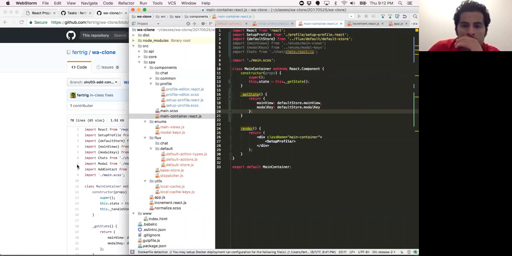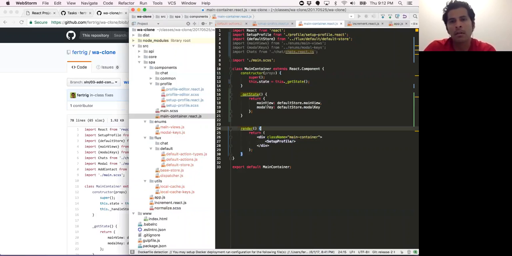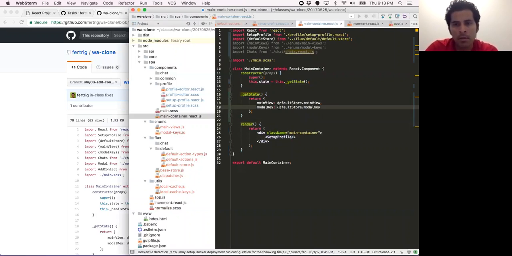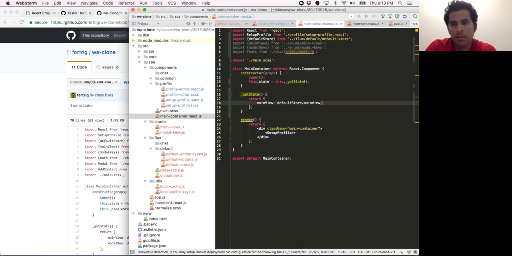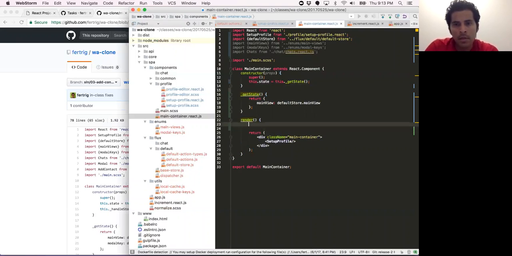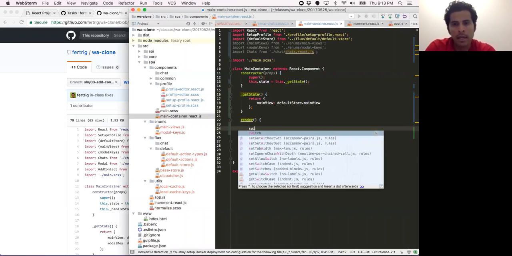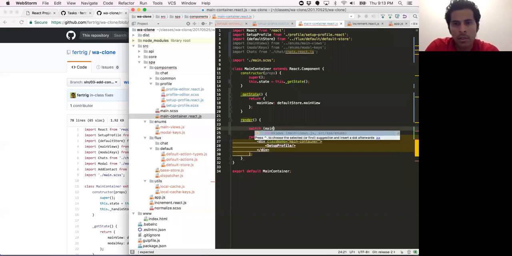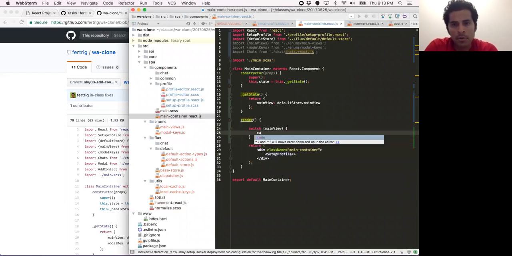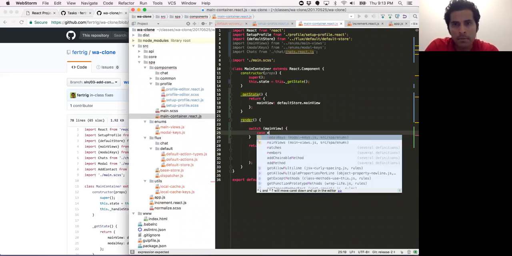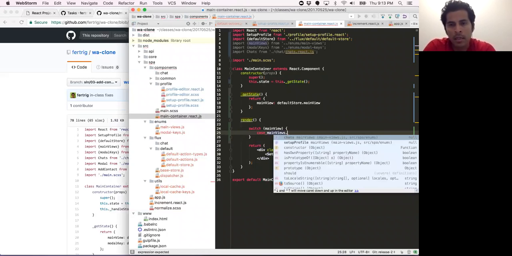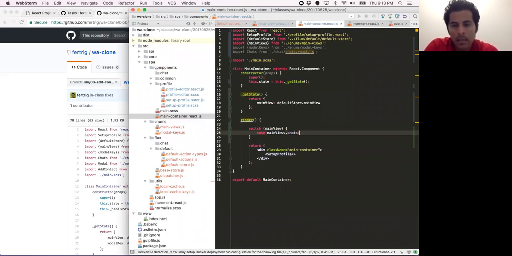What else do we have here? After you do that, we're gonna render different things based on different... well, we're not really working with models yet, so it's just main view right now. So the render function is the one that's gonna look at that main view. So we're gonna switch on that main view, on the different values. So main views dot when it's chats, we're gonna